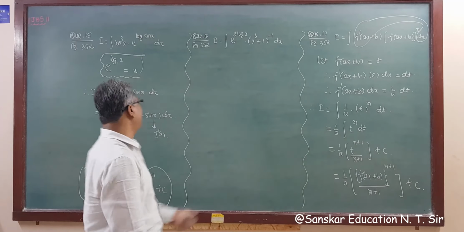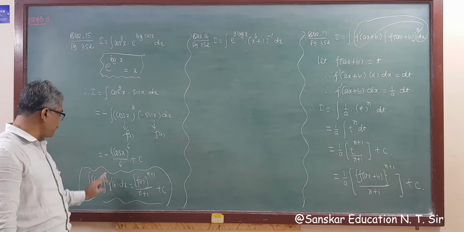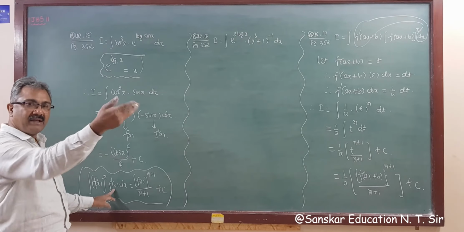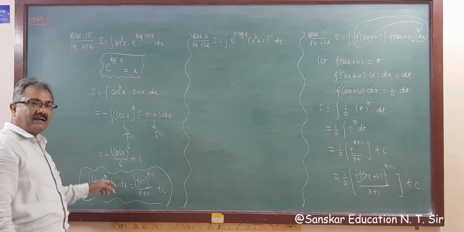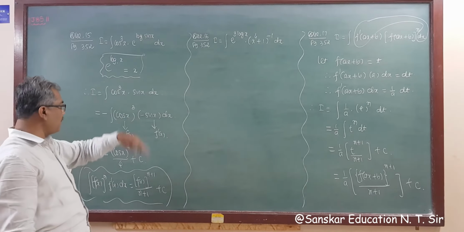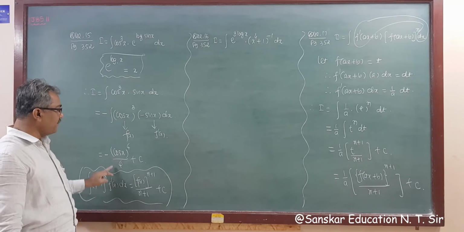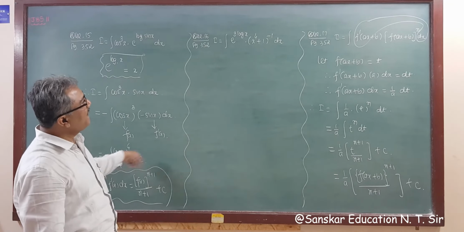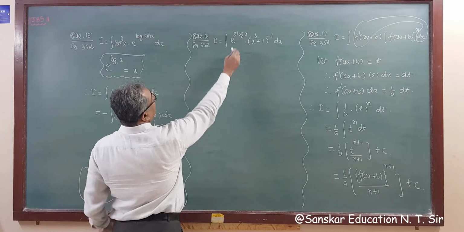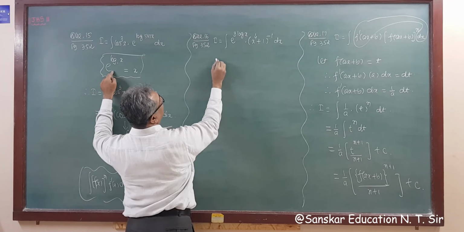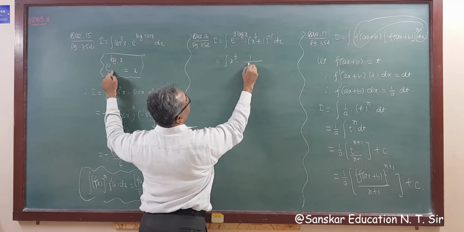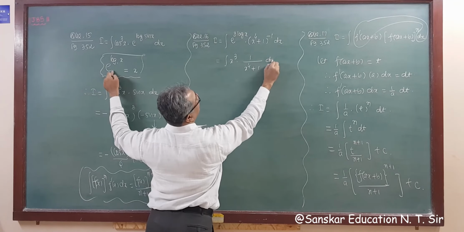So the same formula is this: f x raised to n, where instead of ax plus b it is x, then f dash x is in multiplication. Then f dash x into f x raised to n dx is f of x raised to 1 power more. So 1 power more of this is 4 by 4. So this is your answer. Now the same formula here and here. Applying this formula here, this is integration x cube and this is 1 upon x raised to 4 plus 1 dx.